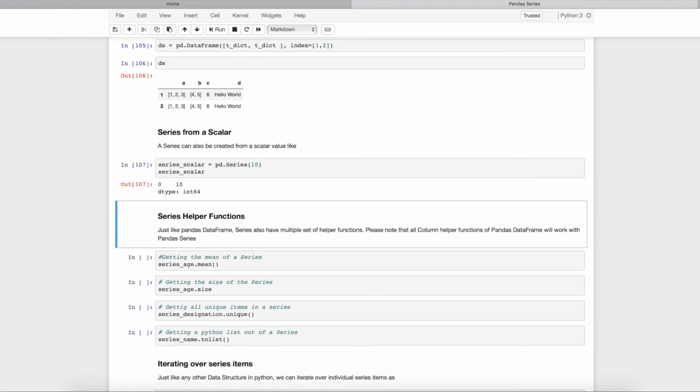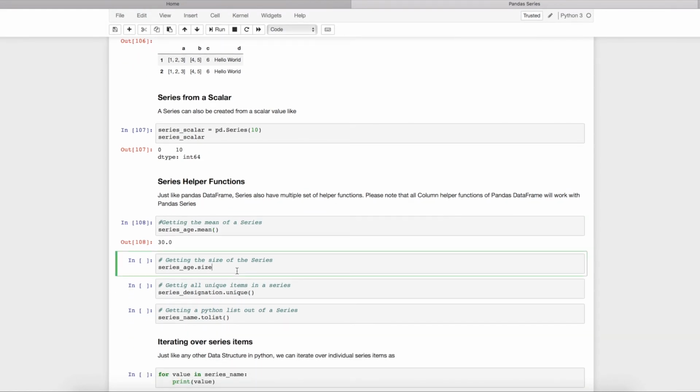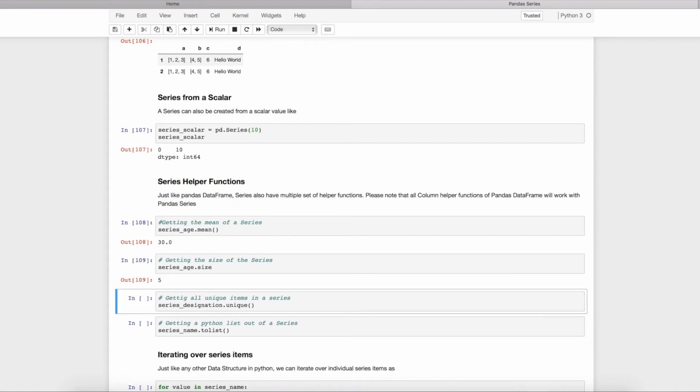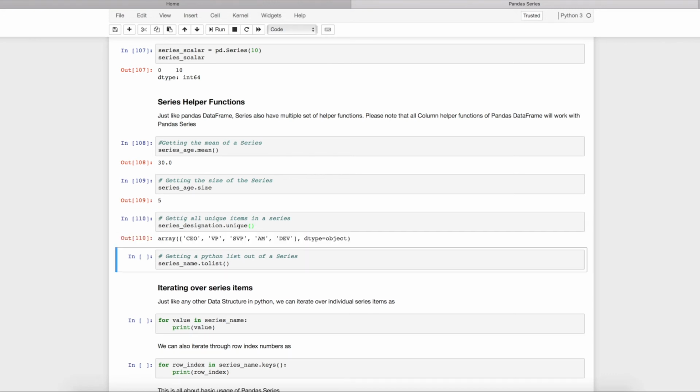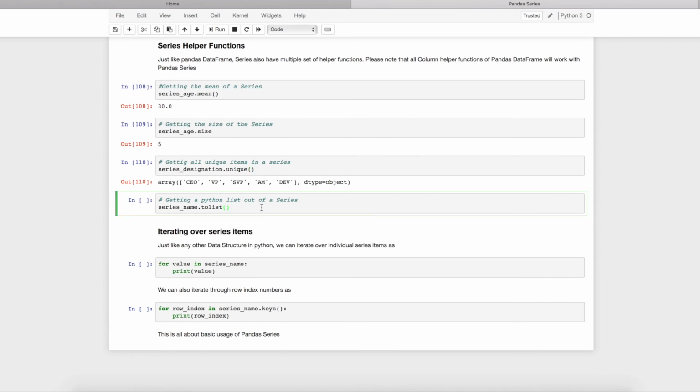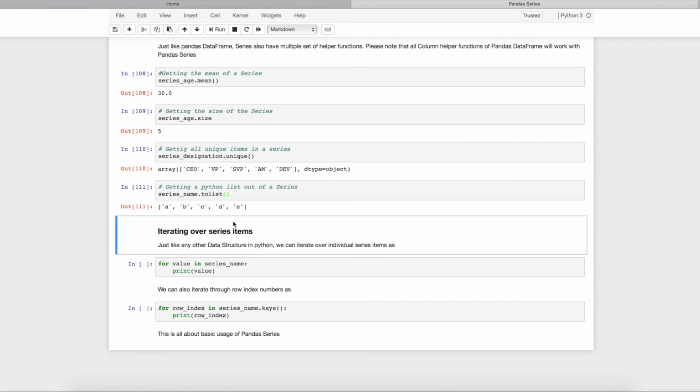Now just like pandas data frames, series are having many helper functions which is very useful in analyzing the data. For example, let's take the mean of the age. You can get 30. Let's take the size of a particular series, which means number of elements. You can get 5. Let's get the unique elements out of a particular series. You can get these unique elements from designation, and you can get back the array of a particular series by calling toList. Okay. Now, once we have series which contain multiple items, which will be the case most of the time, series